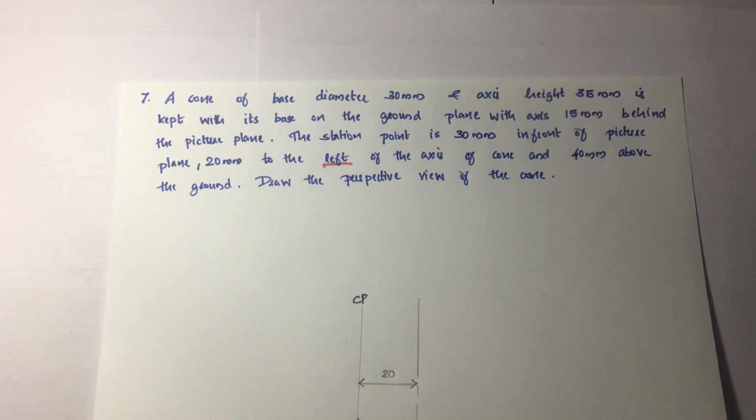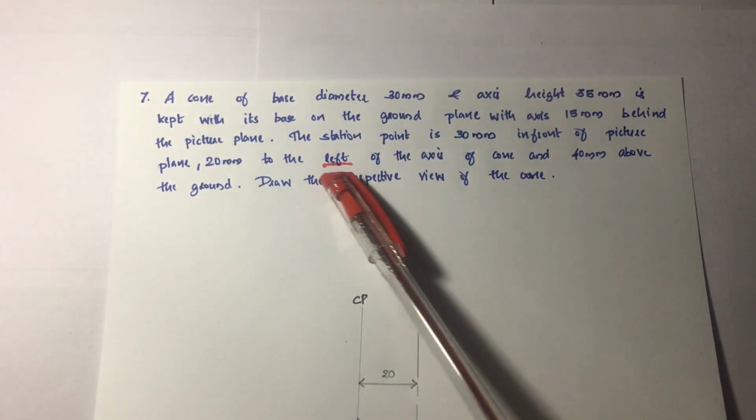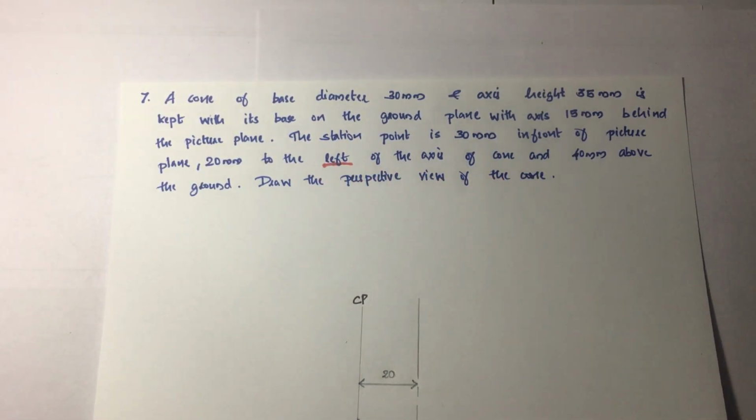In this session, we are going to discuss the method of drawing the perspective view of a cone. The dimensions of the same are clearly mentioned in the question, and it is found that the central plane is lying towards the left of the axis of the cone. So it should be ensured that there is sufficient space towards the left hand side of the page that you